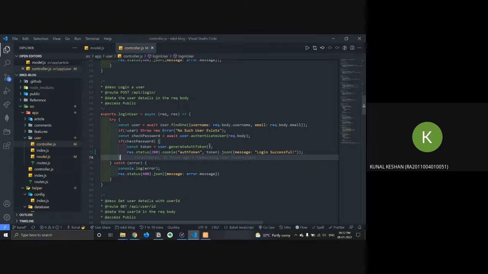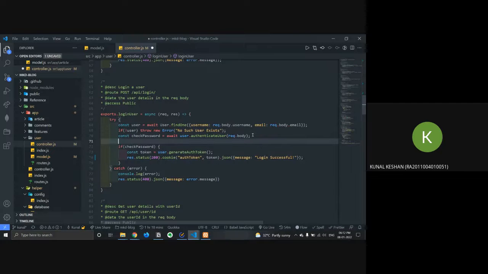Maybe we should have done something like this, which would have been better. If check password is false in this case, then throw new error, invalid password, something like this.